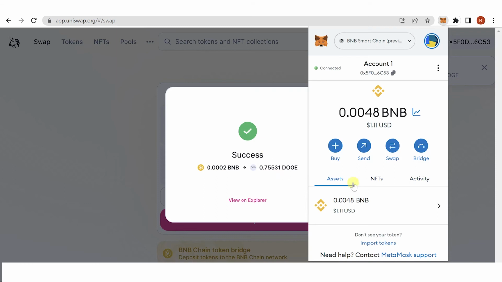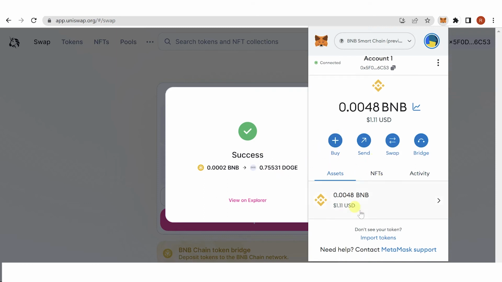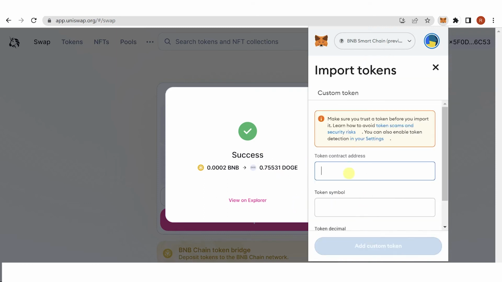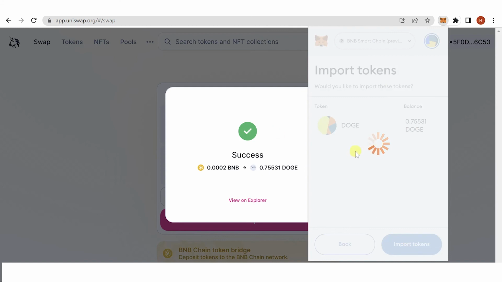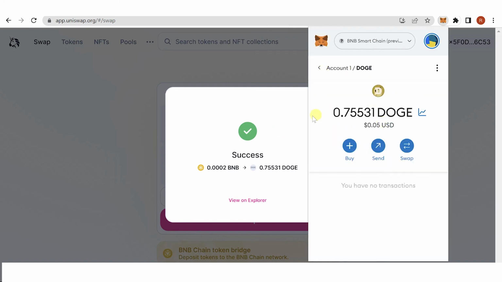So if you can't see your Dogecoin in your MetaMask wallet, just click import tokens. Paste the contract address here of the Dogecoin and click add custom token. Click here. And now you can see that I approximately have 0.75 Dogecoin in my